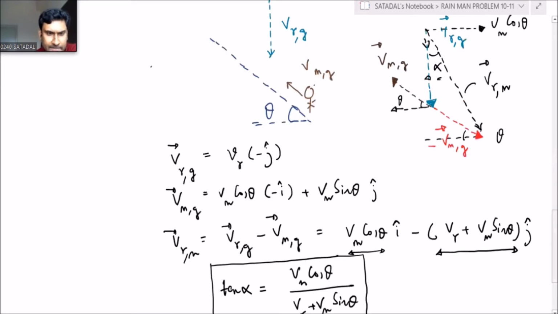Yes, Mr. Divit Reddy. Sir, velocity of man with respect to ground we have taken in negative direction, sir. I'm not getting. Tell me. Where? That minus Vm with respect to ground. This one is actual velocity direction of the man with respect to ground. This is the opposite direction. So we have to take opposite direction, sir, while calculating Vm minus Vm cos theta. What is this component? This is x component. This is plus or minus?